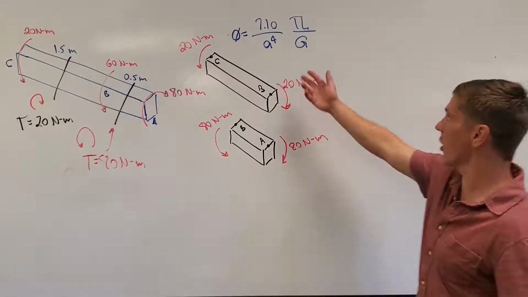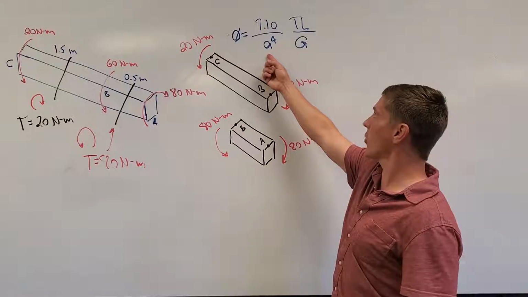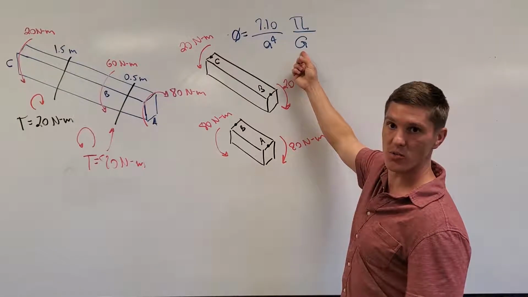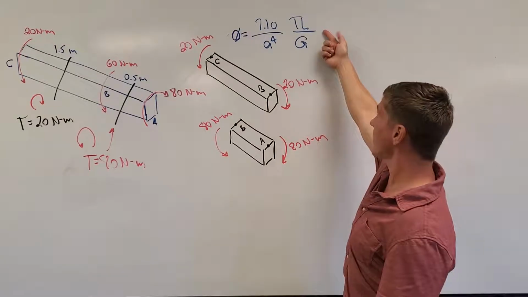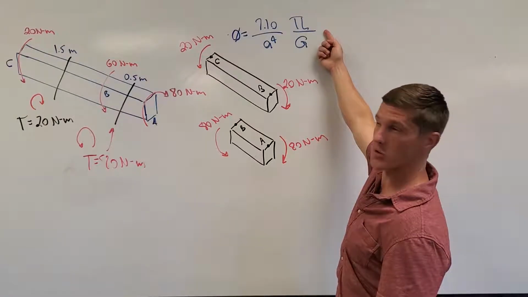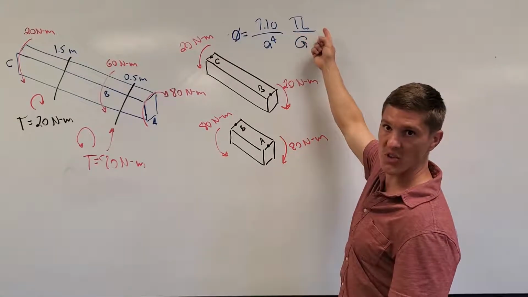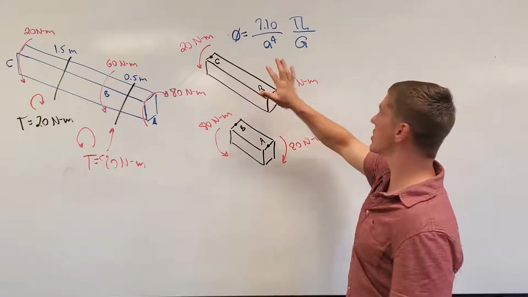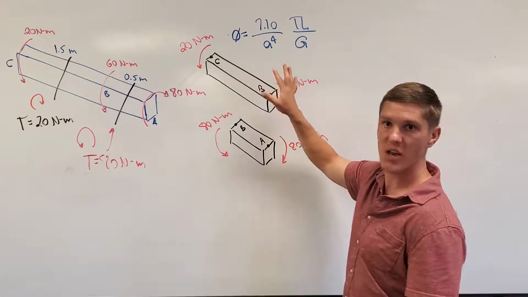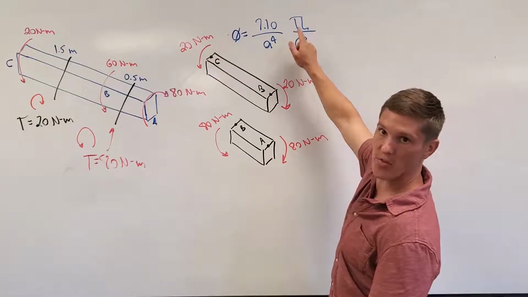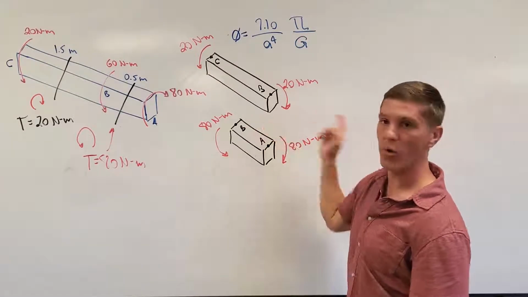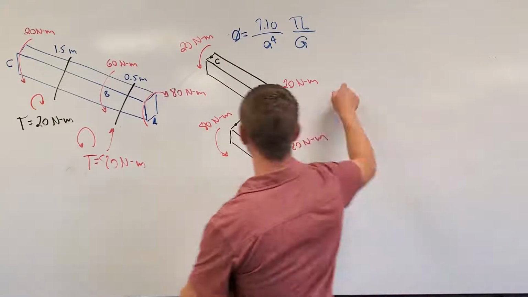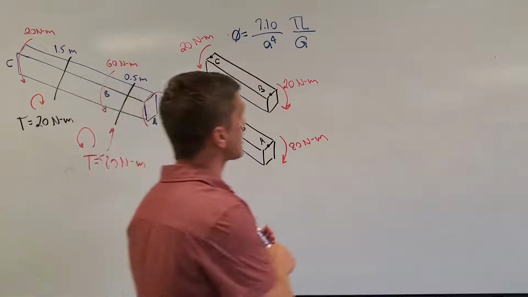Now, once again, here's our equation that we have for that. The 7.10 over a to the fourth and the modulus of rigidity do not change. The only things that change between our two angles of rotation are our internal torques and our lengths. So we can do the calculations together because we know they're going to be a summation of these rotation angles. We can just do the summation of the torque times the length, and we know that they're both going to be in the same direction. So I can rewrite that equation as